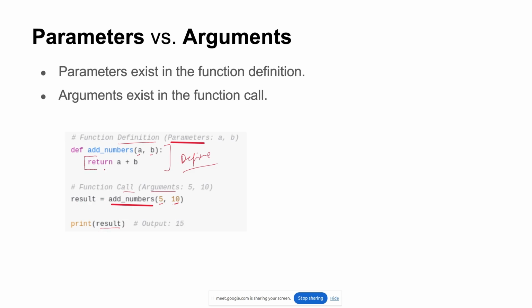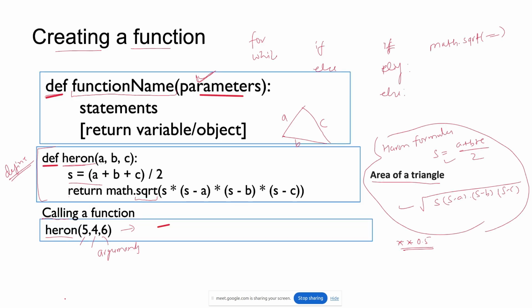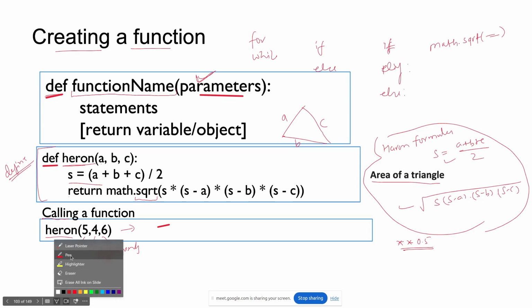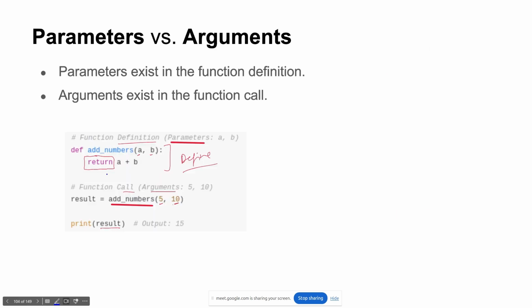Now a function uses one return keyword, right? That I have not explained yet. This return keyword is important. Why? This return keyword is optional, not compulsory. Return is returning a value. Whenever you want to return a value, then you will use return. If you don't want to return a value, no problem. Here you can see a plus b. It is returning the sum of both numbers, and this will be stored in result, and you can print the result,